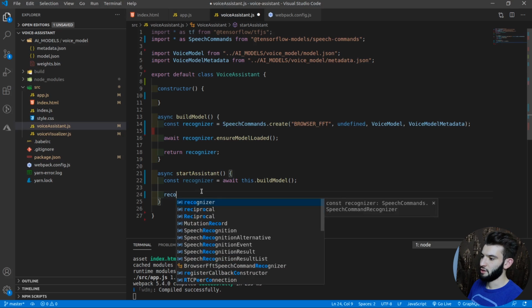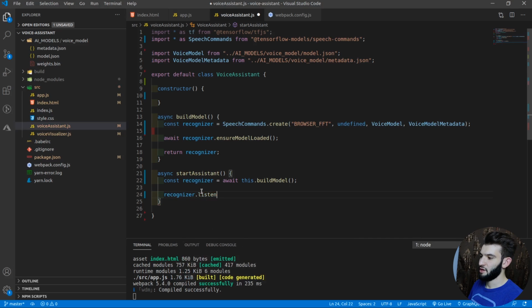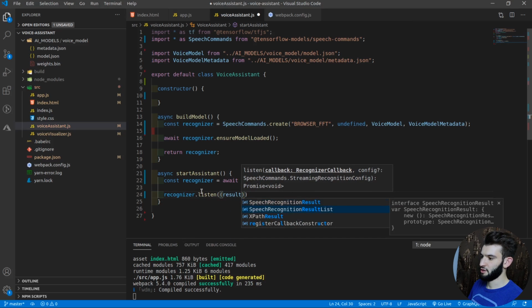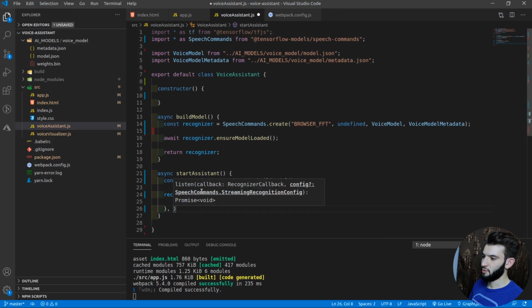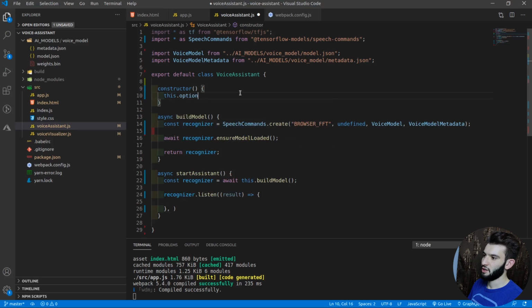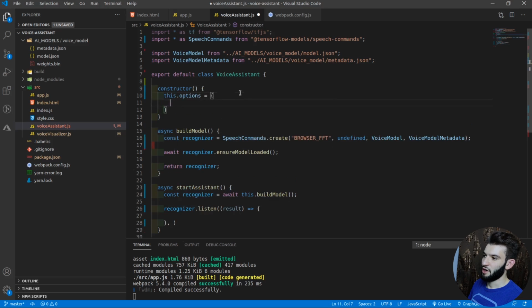I'm going to use recognizer here. I'm going to use the listen method, and the listen method, as I said before, takes a callback, and this one is going to have a result object, and the second thing it takes is actually the options. So introducing a streaming recognition config. Now let's go and improve the options in here. I'm going to use the constructor, do this options. I'm going to put the options right in here. So we're going to have something like include